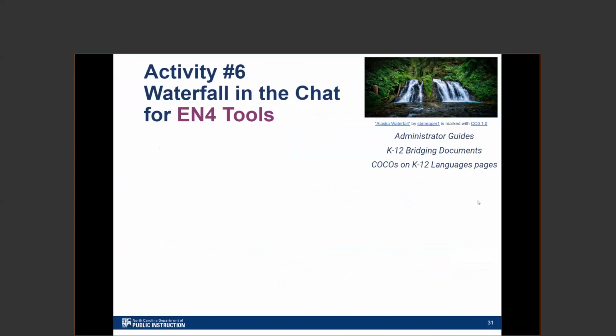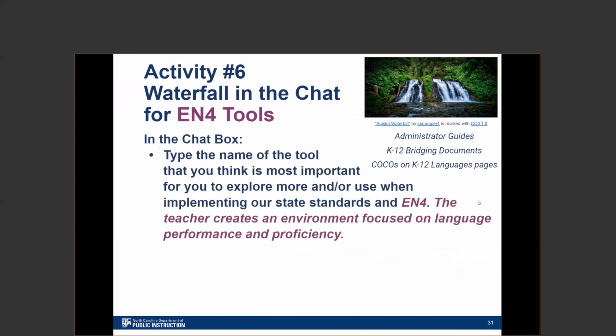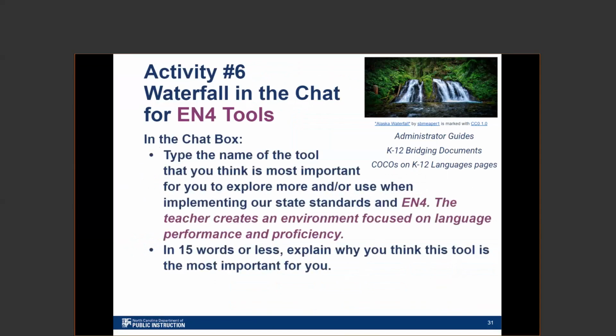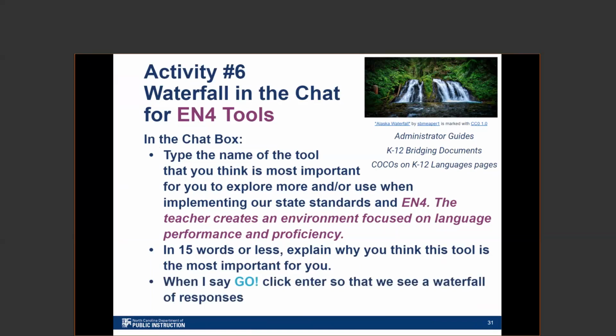I am cognizant of our time, so if we had more time, we would do this activity with this waterfall in the chat where I would ask you to think about the 3 tools we've looked at, the administrator guides, the K12 bridging documents, and the COCOs on our K12 languages pages. And then I ask you to pick one of those tools and explain why you think it's most important for you to explore that tool more and or use it more when implementing our state standards, and specifically EN4, our focus about the teacher creating an environment focused on language performance and proficiency. Unfortunately, we don't have time for that today, but I encourage you to continue doing that